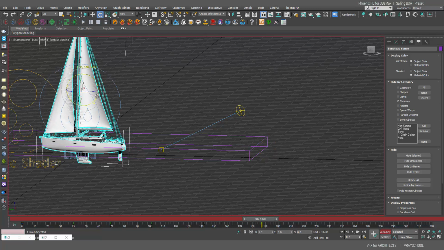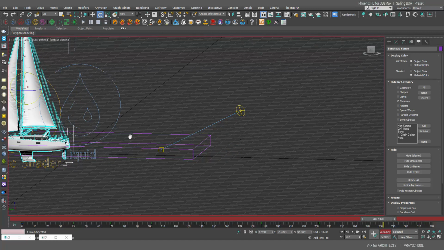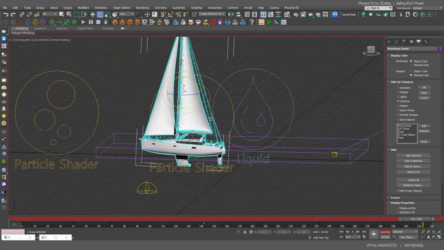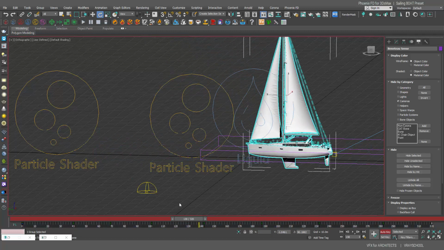Again, a little up, a little down. So you have to play it in order to see how the stuff is working. Maybe you need to do a bit more of those. But as you can see here, the boat,